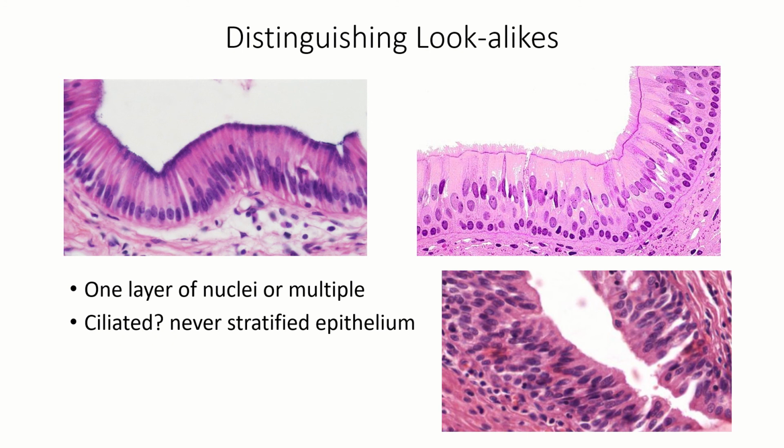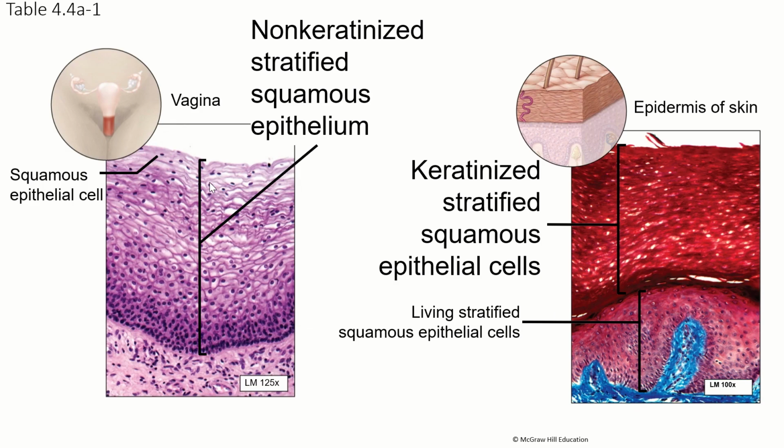What shape are the cells? Is there a lumen? In which case, it's definitely an epithelium. See, there's a lumen here, lumen here, lumen here. And how many layers of cells are there? Can I tell? Are there other things that help me distinguish, like the presence or absence of cilia? All right, now,